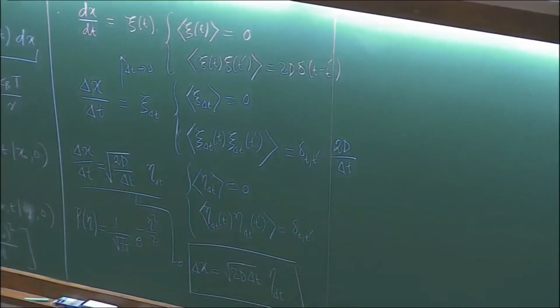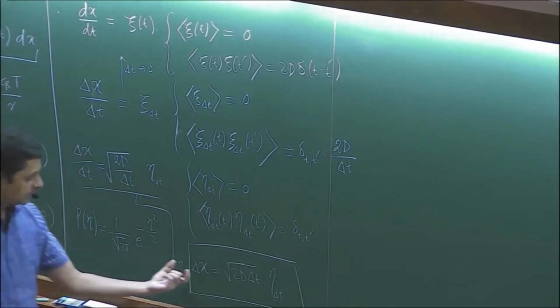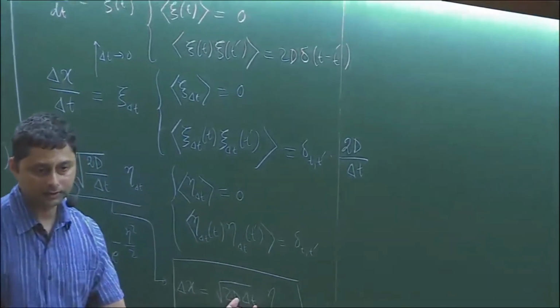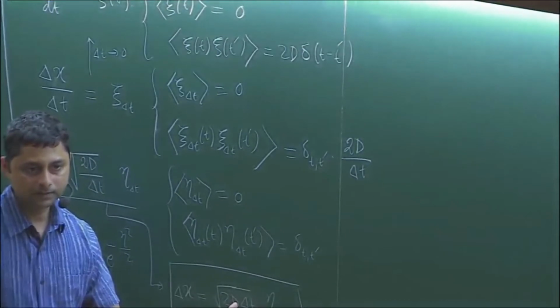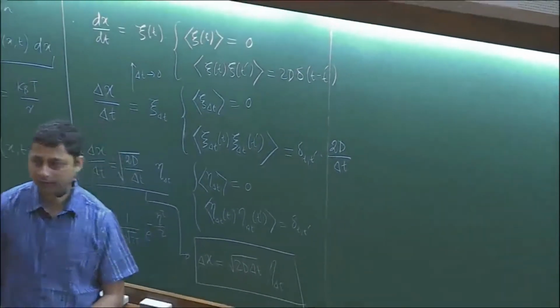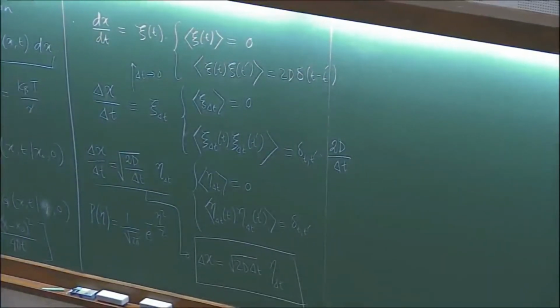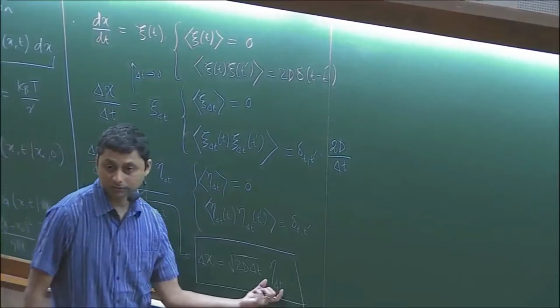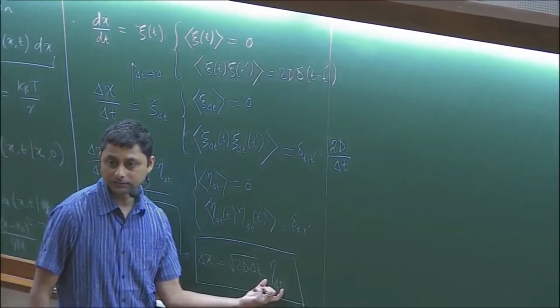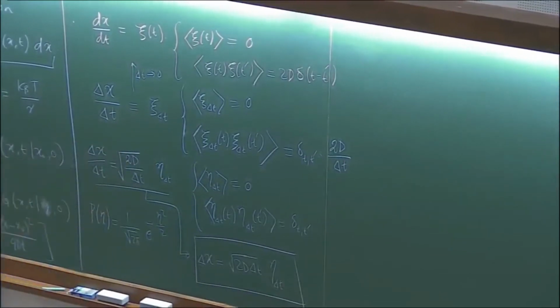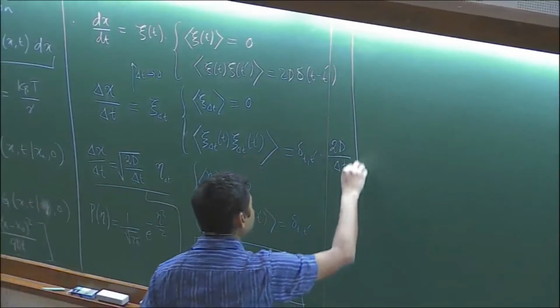So it says that delta x scales like square root of delta t, right? Usually if you have a velocity, delta x scales like delta t, if you have dx dt equal to velocity. But here delta x scales like square root of delta t. So this is what we did, and did we do something else? Okay. So now,